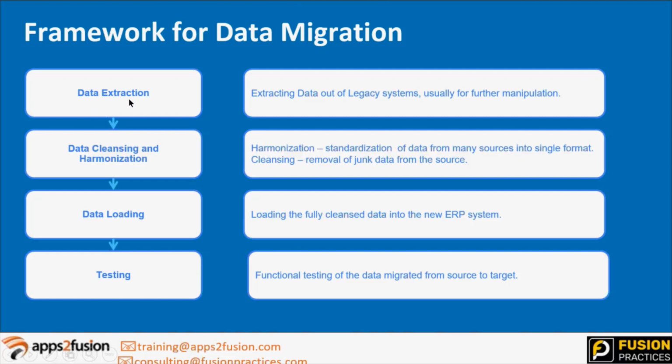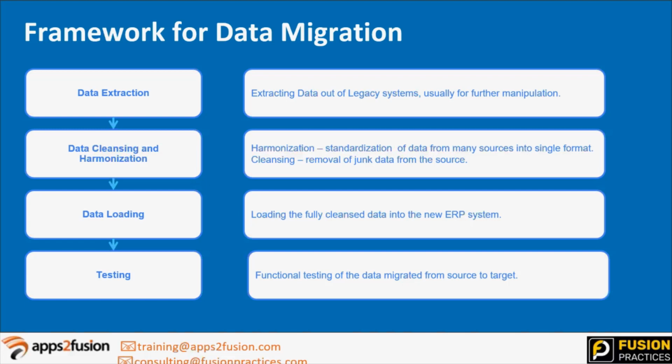One is data extraction, extracting the data from the third-party or existing system. If we are on EBS, we need to extract the data. The next step is cleansing or harmonizing the data. We need to remove all the junk data, and we need to convert the data into the HDL-acceptable or PBL-acceptable format, that's the predefined format. Then comes data loading to Fusion and testing the data. So these are the four steps involved in any data migration in Fusion.